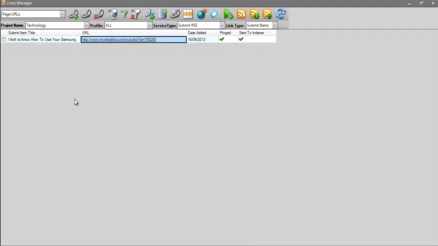The reason you might want to do that is because you may want to ping your links or shorten your links or do some other stuff with your links that I'll explain in a few minutes. We can edit existing links and we can delete links from the links manager. We can select all links, we can choose selected links, or we can unselect all links when manipulating the data